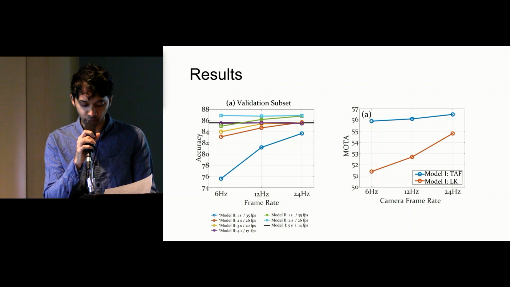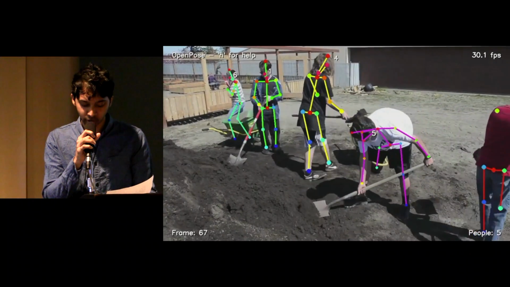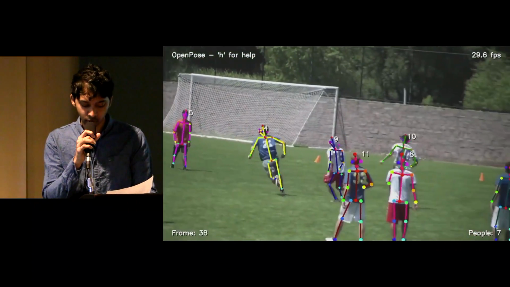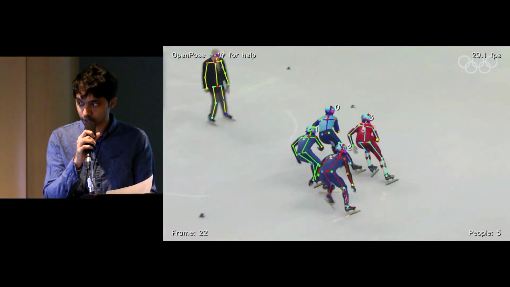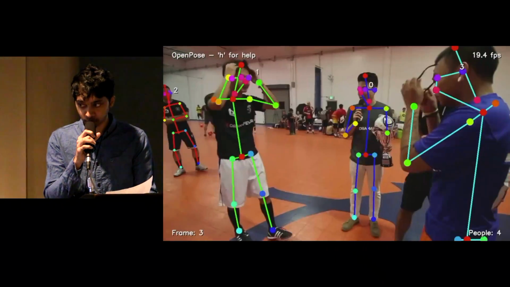Although a lower frame rate camera yields lower accuracy, increasing the number of recurrent stages boosts the accuracy back to high frame rate levels. Our method is currently the fastest and most accurate bottom-up approach for 2D human pose tracking, demonstrating the high accuracy to computation ratio. The code used to generate these sequences can be found on our project page and will eventually be merged with the OpenPose library.